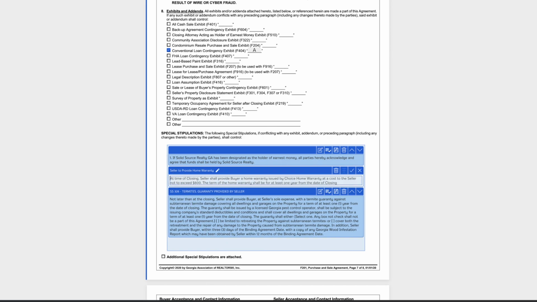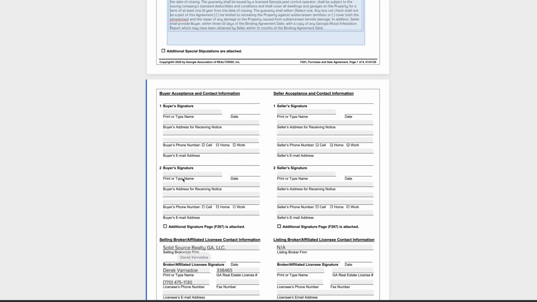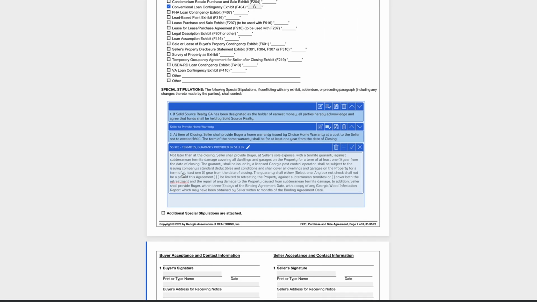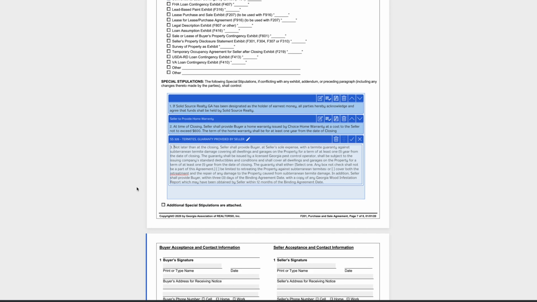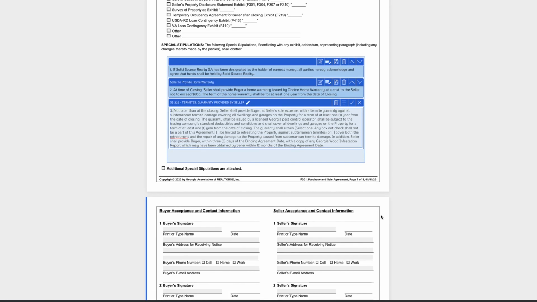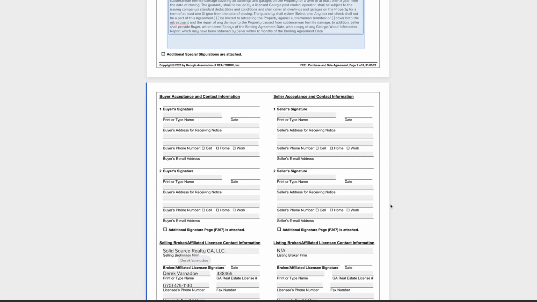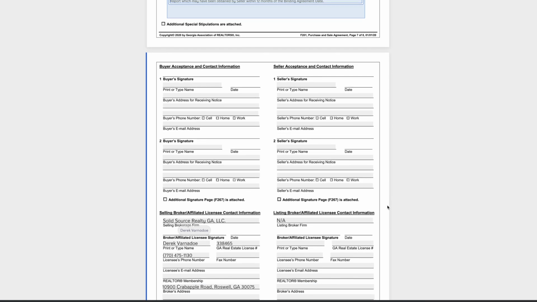Now, I'm going to go back and number my special stipulations just to make it easy for me later to reference. There we go. And let's move on now to our final page, which is the signature page. So we've come a long way. We're almost there. Now the first half of the signature page is really for the parties, the buyers and the